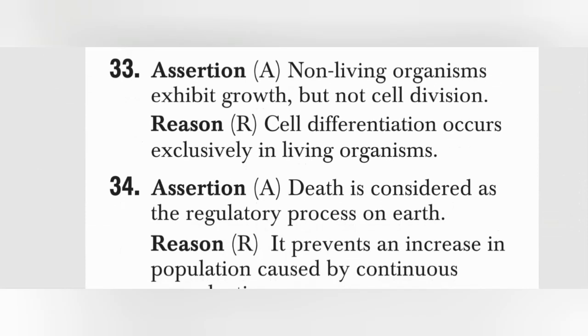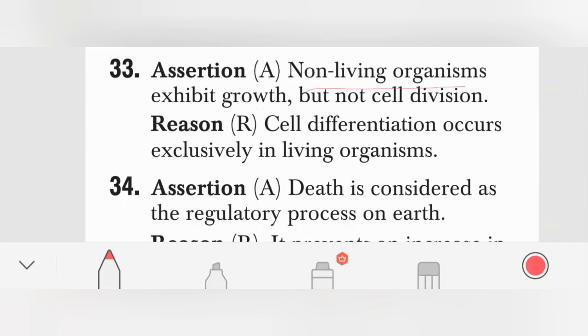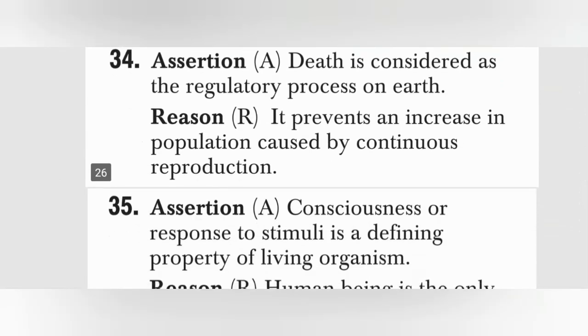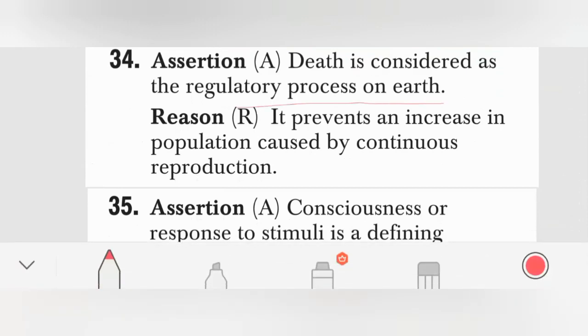Assertion: non-living organisms exhibit growth but not cell division. Reason: cell differentiation occurs exclusively in living organisms. So what will be the answer? Yes, the answer is B: both A and R are true, but R is not the correct explanation of A. Okay, then the next, 34. Assertion: death is considered as the regulatory process on the earth,